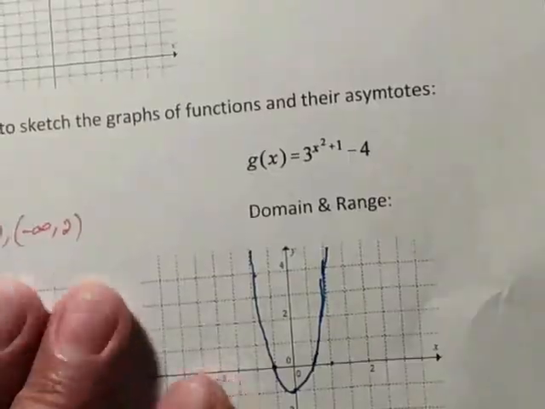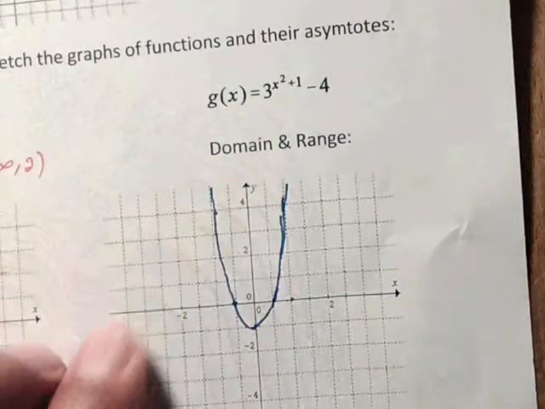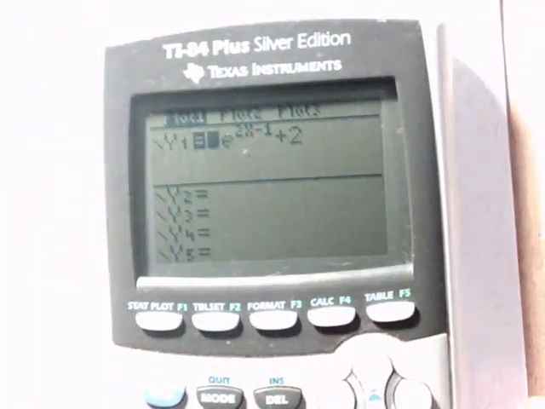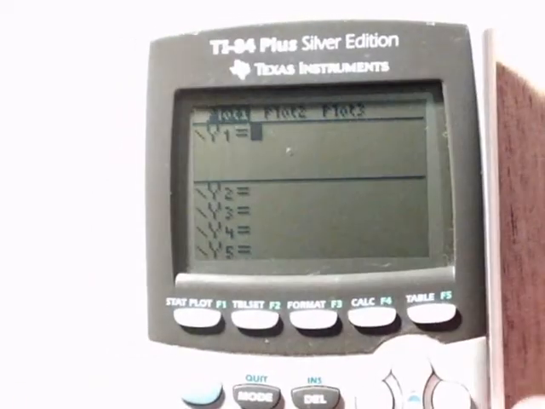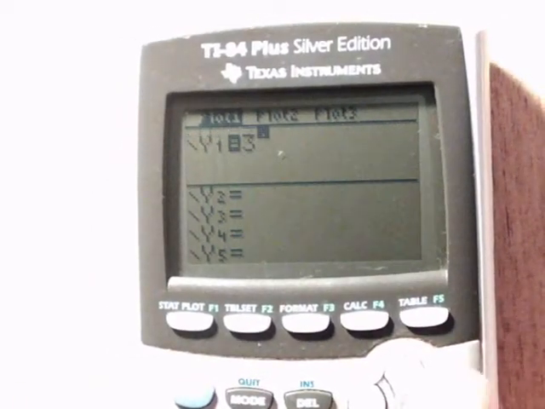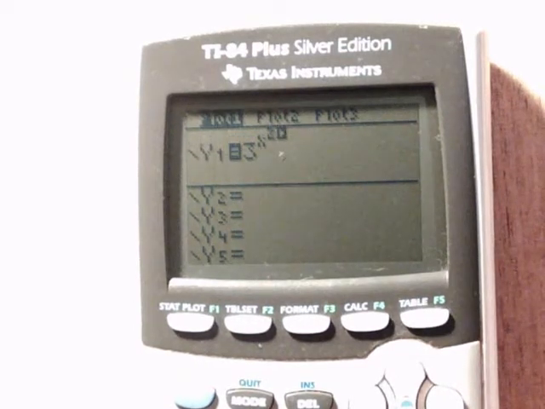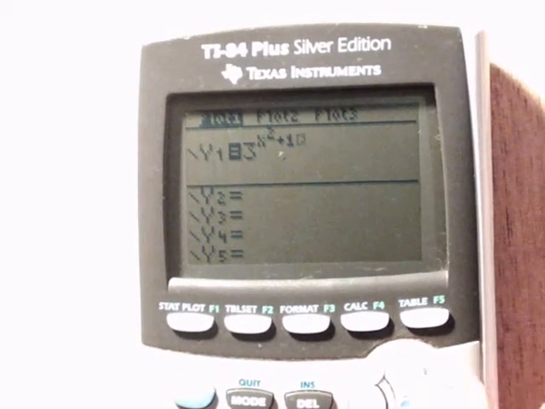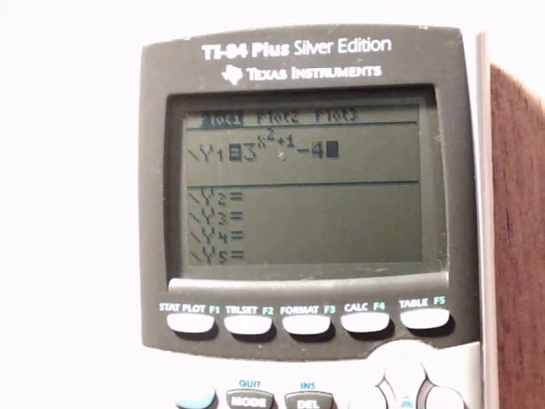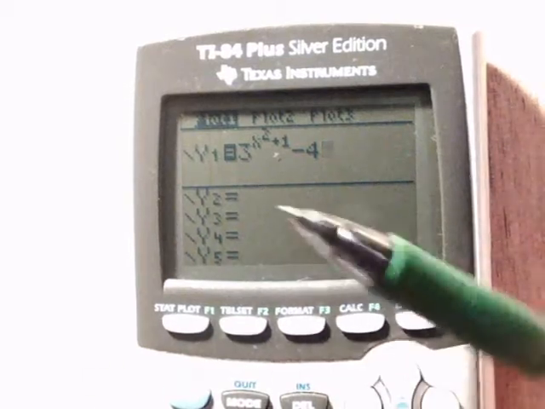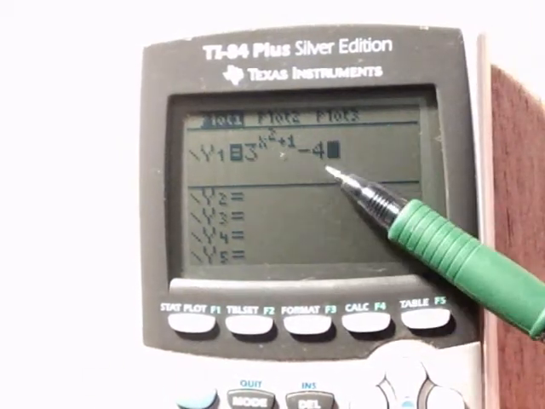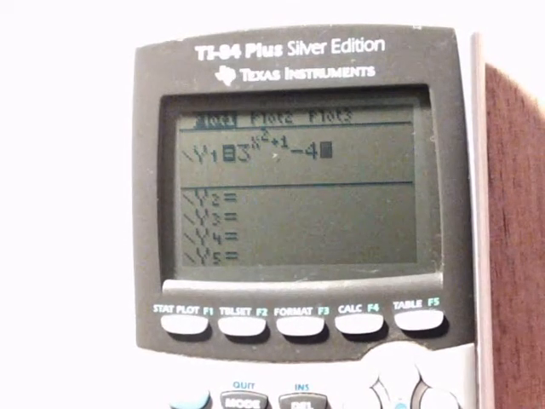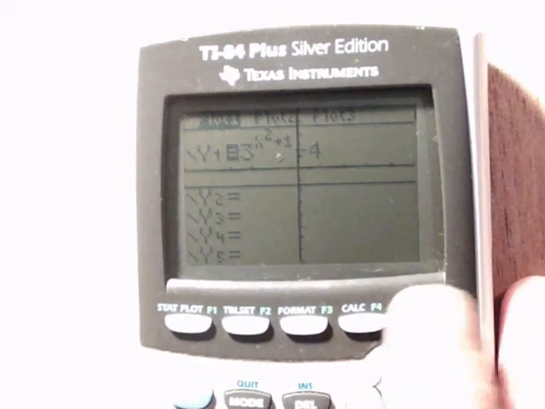You can do the same thing here with this function. So if I go ahead and type that one in, this one is 3 to the power x squared plus 1 minus 4. As I said, this x squared would make it look like a parabola, and this minus 4 kind of moves it down 4 units. So if I say graph,